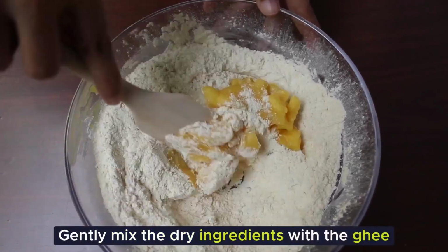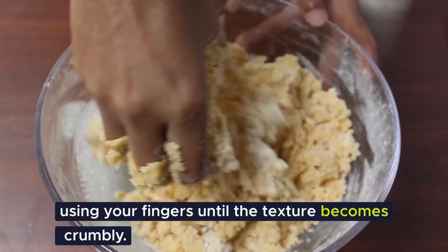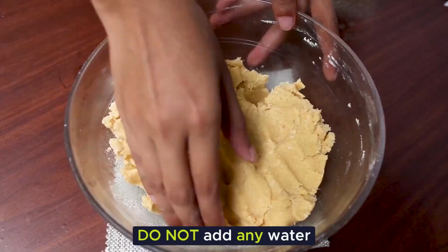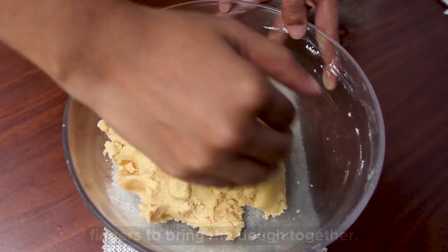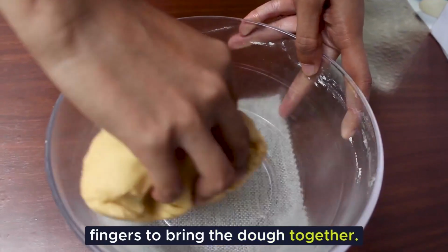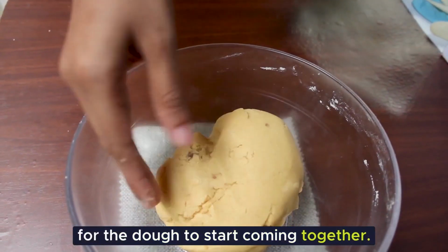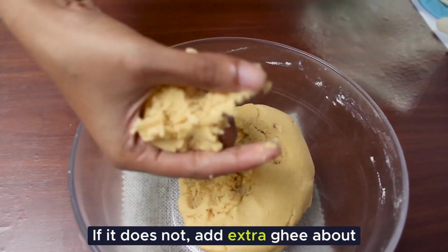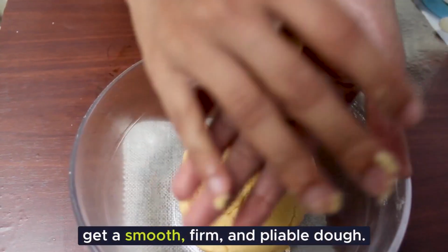Gently mix the dry ingredients with the ghee using your fingers until the texture becomes crumbly. Do not add any water or milk to the mixture. Instead, use the heat of your fingers to bring the dough together. This process should take about 5 minutes for the dough to start coming together. If it does not, add extra ghee about 1 teaspoon at a time until you get a smooth, firm and